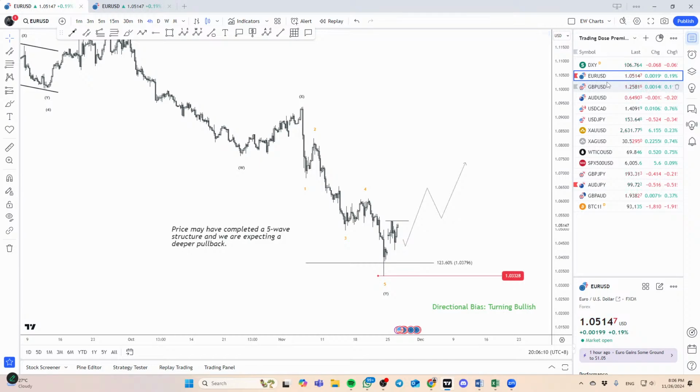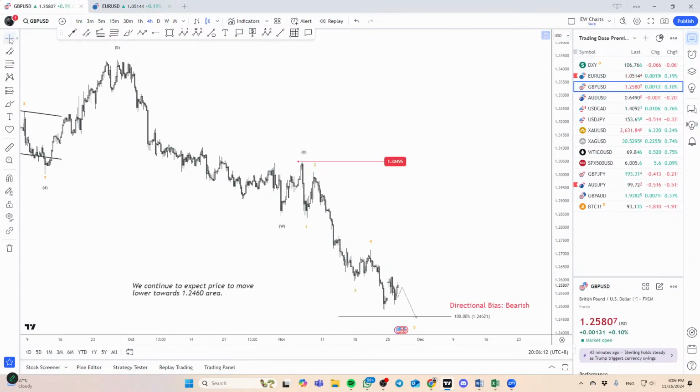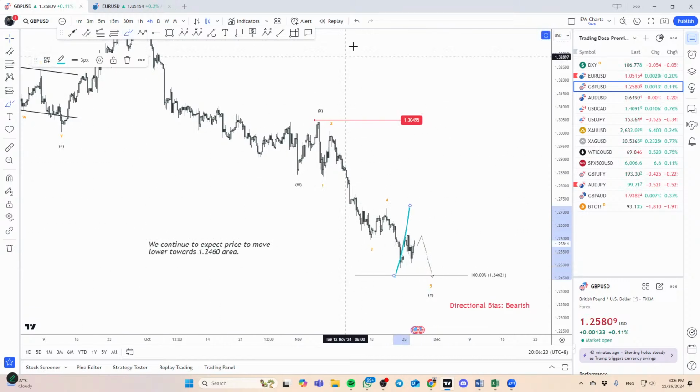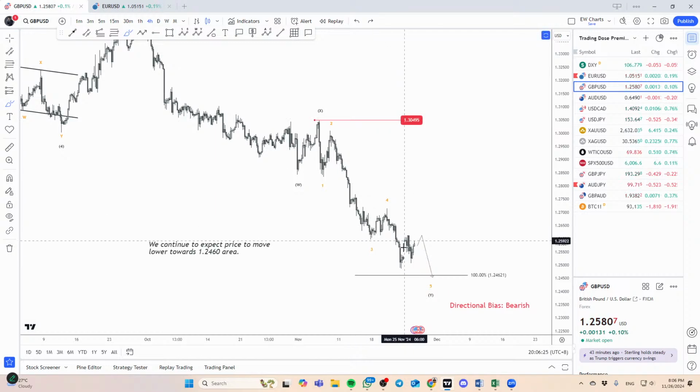Okay, so that's on the euro side. GBP USD over here, I think there might still be a little bit more downside. The structure overall seems to be a little bit different from the euro, right? On the euro, we did get a little bit more of an impulsive move to the upside, okay, but on the pound here, we do get a gap, but you can see this is more like a correction.